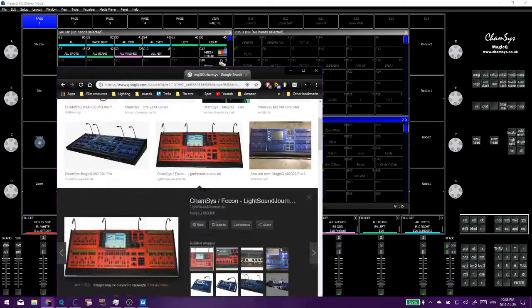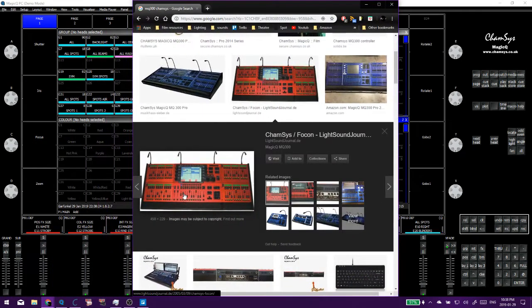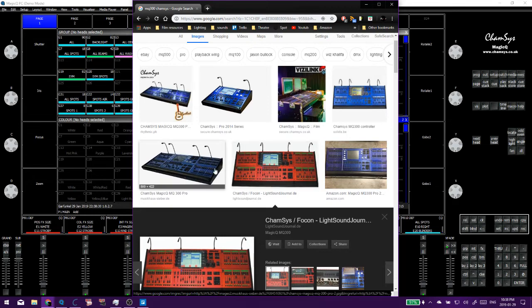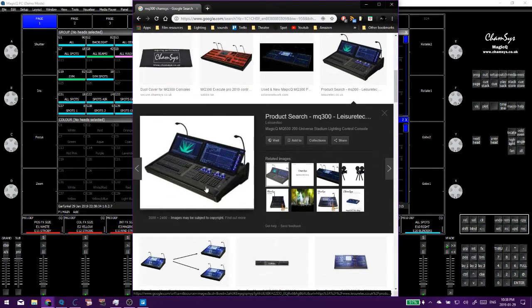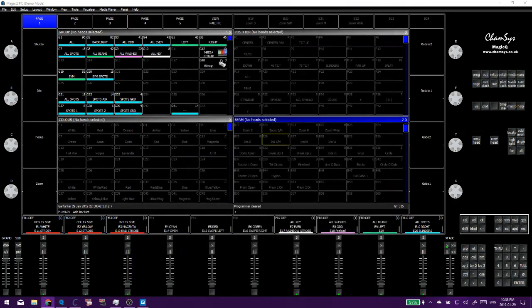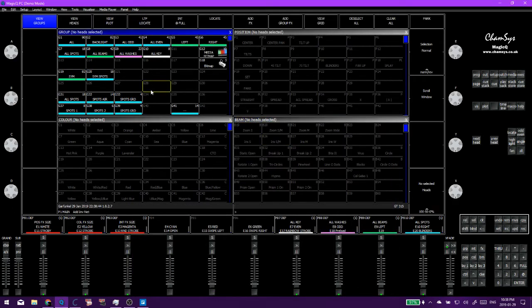Yeah. If you look, you can see there's just a million playbacks, right? Compared to their newer console, this one, the MQ500, it still has quite a bit of playbacks, but it's a lot less because they have the big touchscreens, right? So, yeah. But I do like, because they've added like 15 flash buttons, because on the MQ500, there's 15